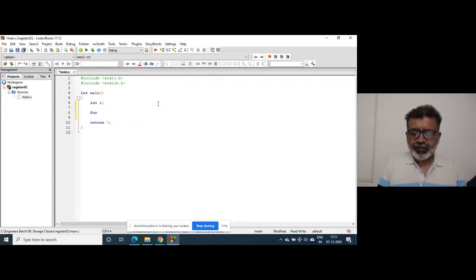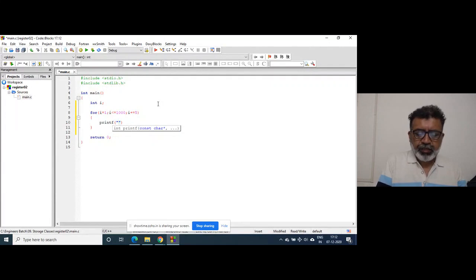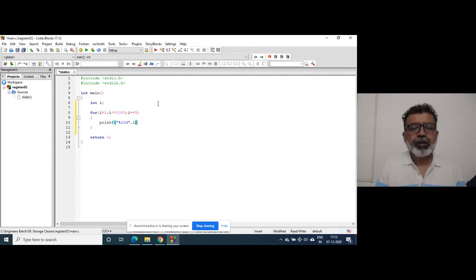A simple loop I will write: i equals 1, i less than or equal to, suppose 1000, i plus equals, suppose 5. I write printf with %d and, suppose, %10d. Some loop I have written.